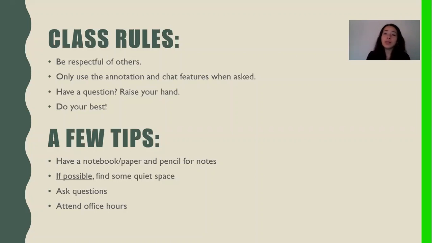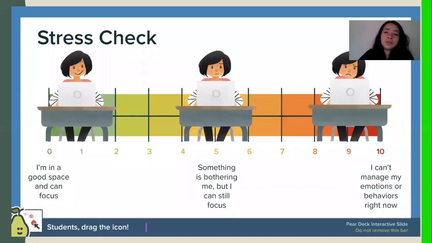So if you weren't able to come to class, office hours is a great time for you to come on in and ask some questions. You don't have to stay the whole time. We have office hours on Wednesday and Friday from 2 to 3 p.m. And again, that's just some time you can come in, even if it's for 5 minutes, just to ask your question and then leave. That is fine. But it's additional time where I can explain things in further detail. So make sure to come to office hours.